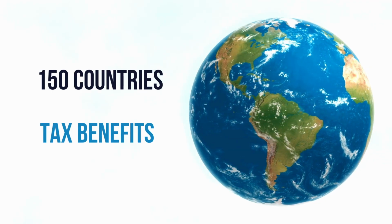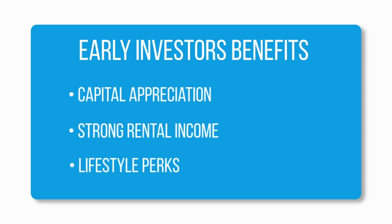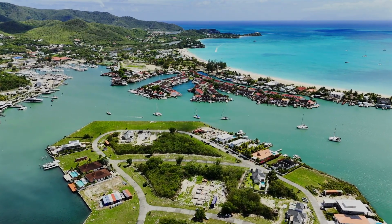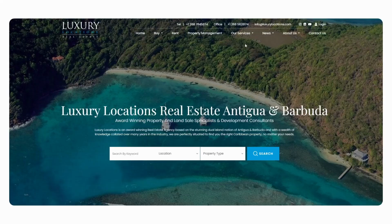With these upcoming developments, demand is set to surge and early investors will reap the benefits of capital appreciation, strong rental income and lifestyle perks. Properties in prime locations like Jolly Harbour are limited, making now the ideal time to secure a piece of this Caribbean paradise. If you want to know more about investing in Jolly Harbour from somebody who has done just that,